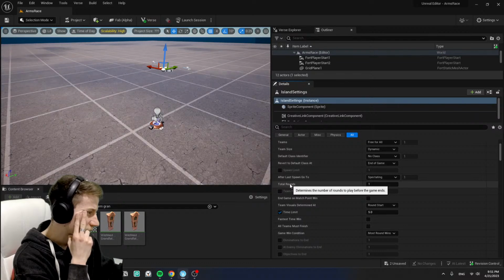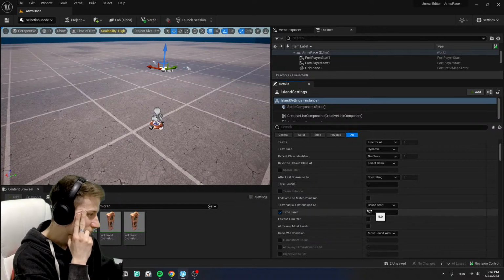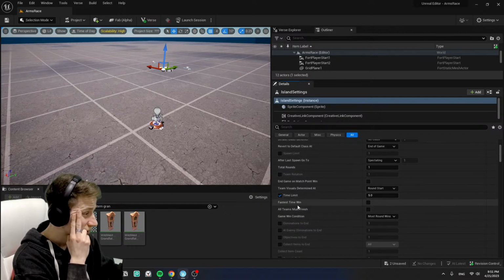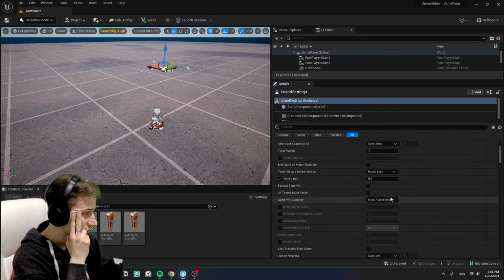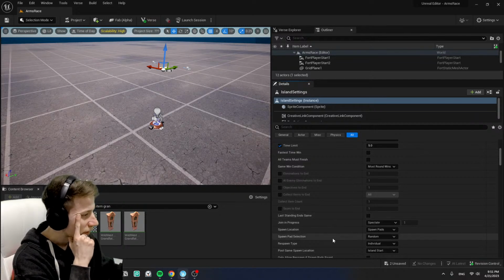Total rounds, we can determine how many rounds is fine. And do we need a time limit? Time limit is in minutes, I would assume so. Minutes with a float, okay. Fastest time wins, all-time game win condition, most round wins, that seems pretty reasonable. And join in progress, we want to just spawn